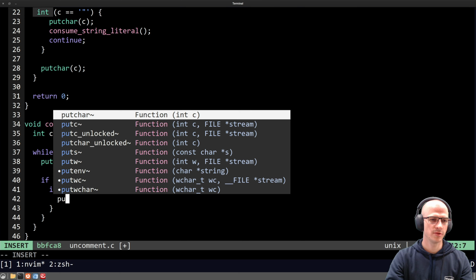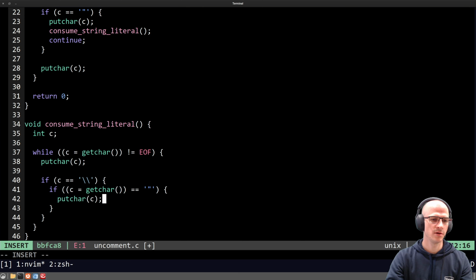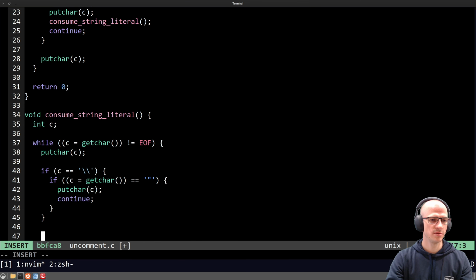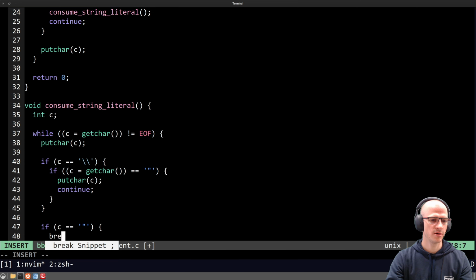So putchar c, continue, right? So if c equals double quote, break,